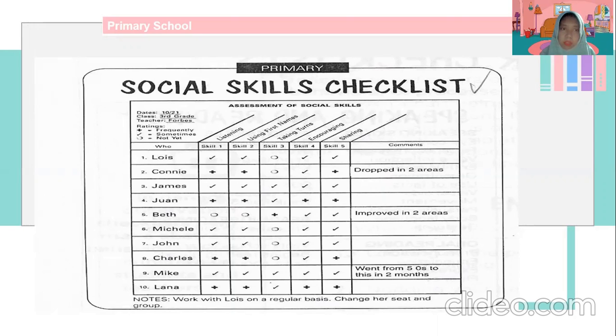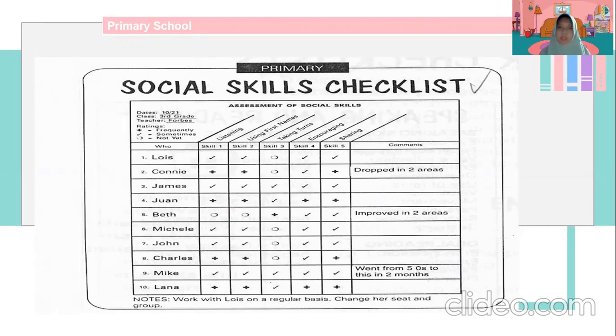This is how Mr. Forbes gave the scores to his students: he put a plus for frequently, a checkmark for sometimes, and a circle for not yet. For example, student number 1, whose name is Louis, sometimes uses skill number 1, skill number 2, skill number 4, and skill number 5, but not yet skill number 3.